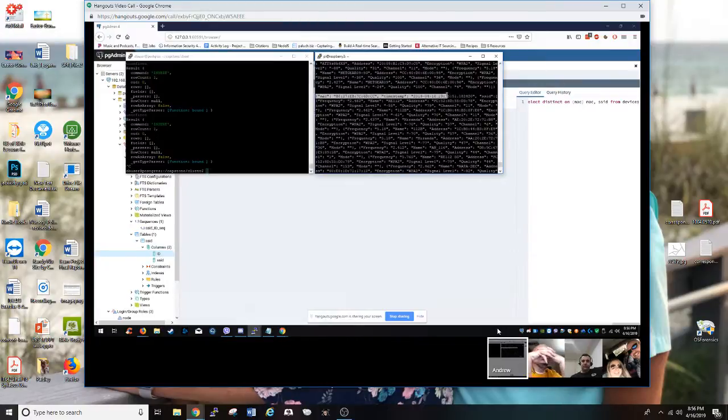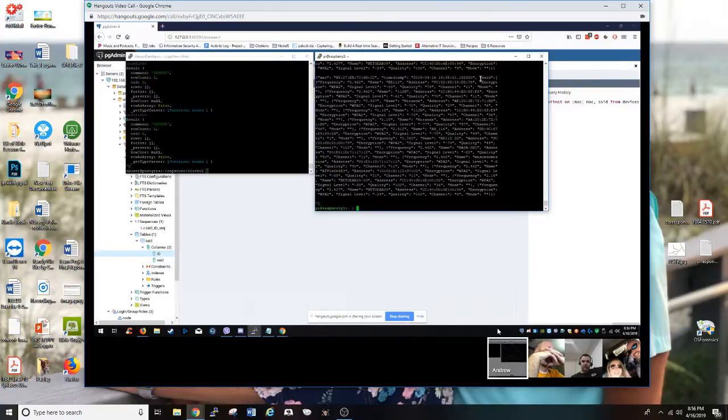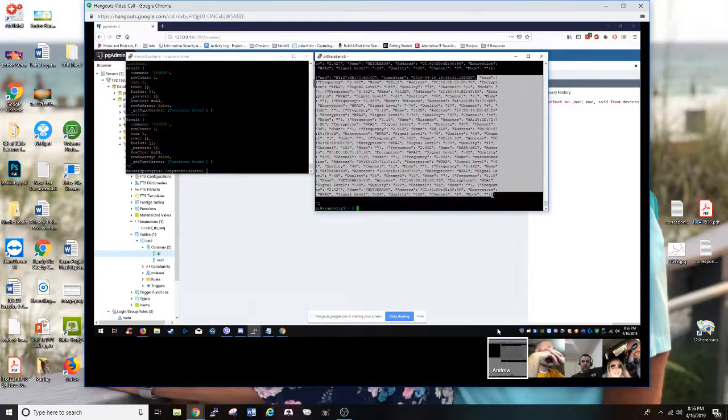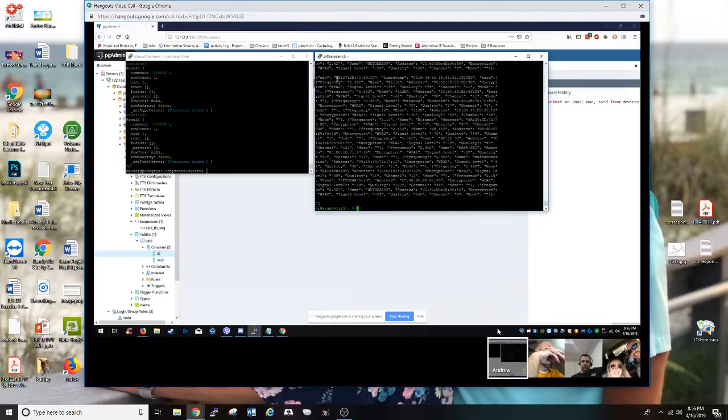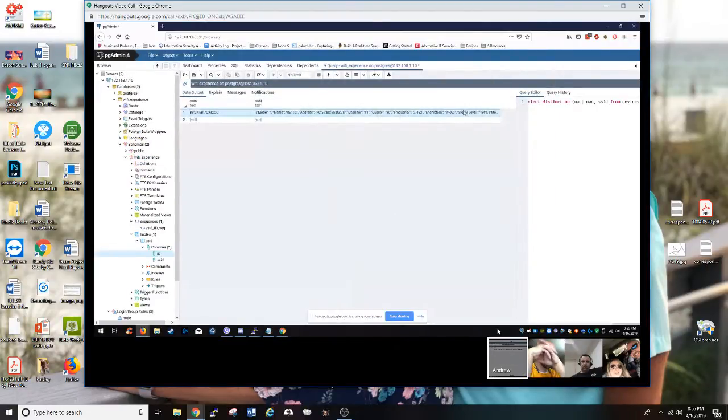I added some fields, so I have the MAC address, and then I have the timestamp in case that's ever a thing that we want to do, like filtering on that. And then all of the wireless networks are going to be in a nested array. So basically, what I'm attempting to do right now, since I've added this MAC address field, is, and I'm not sure if it's showing me the most recent or just the first one,